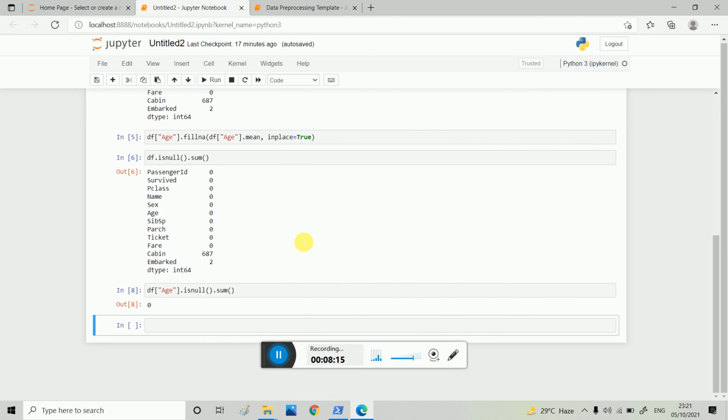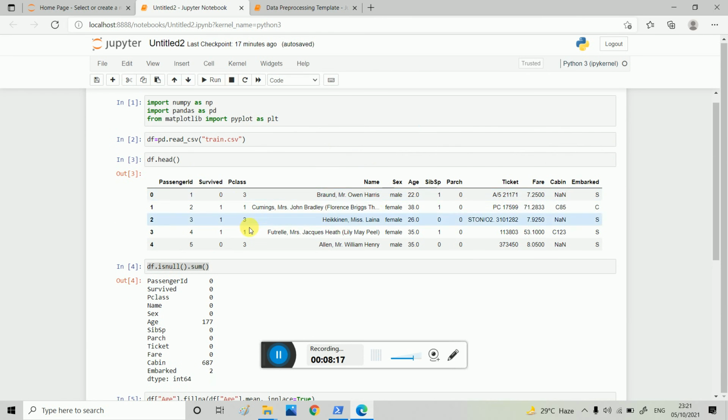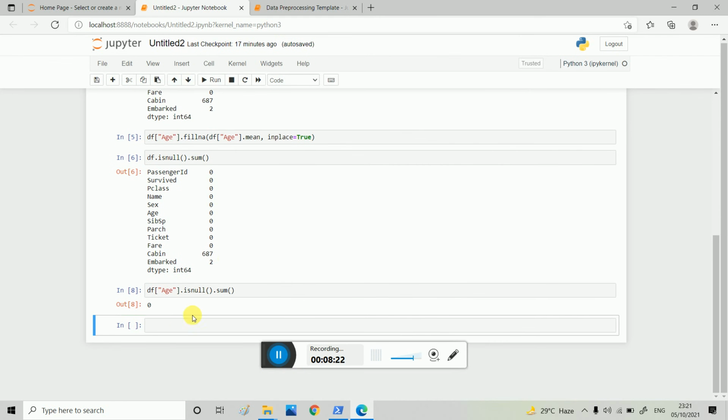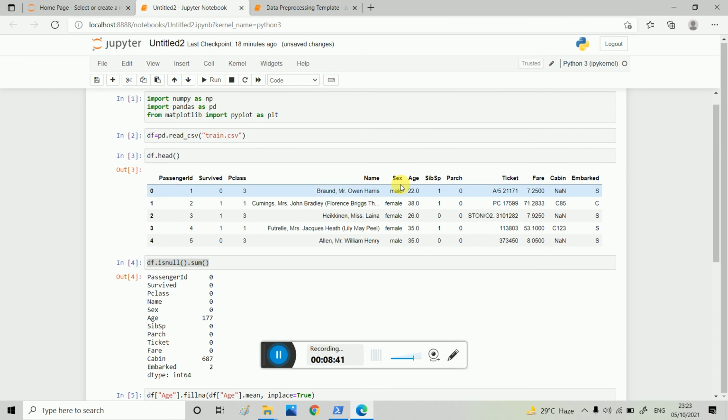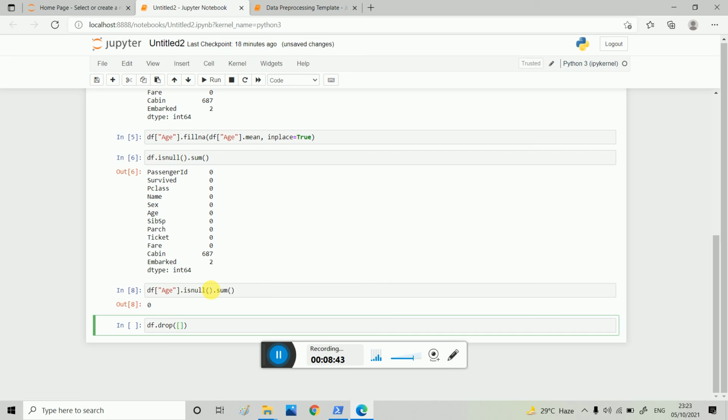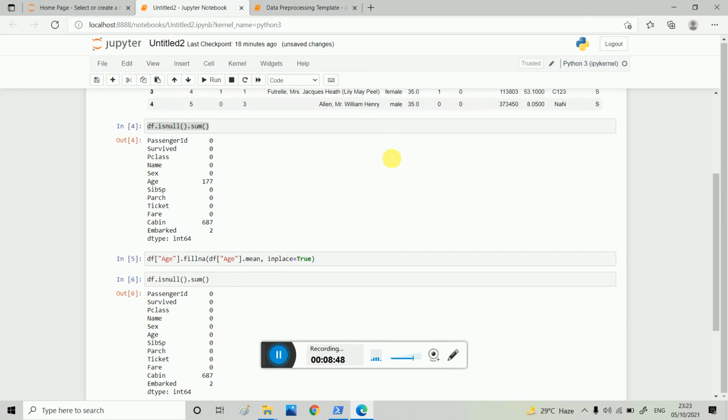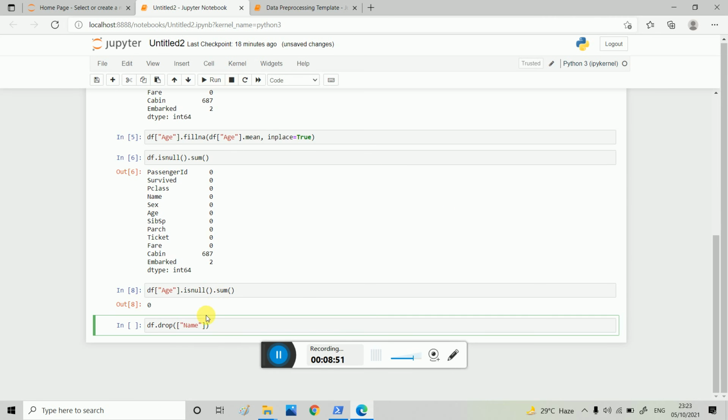So here I write df dot drop, and here we are taking a list of all the columns that are useless. Firstly I write name, you have to check N is capital or not, N is capital, okay.